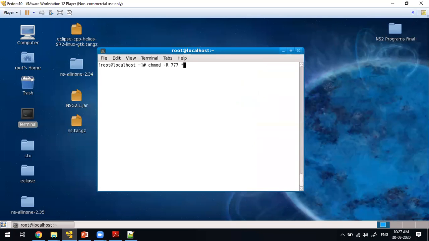The relative way is chmod -R. I want to give it for all the files. No, I will remove for all the users, A. I will remove executable permissions for all the users. A means all three users. Minus means remove the permission. X means I want to remove executable permission. I'm giving star. Now if I enter, everything is removed.